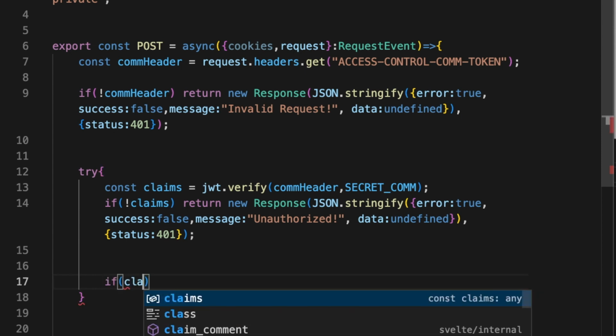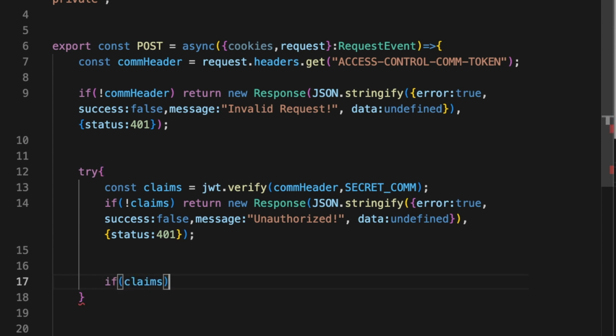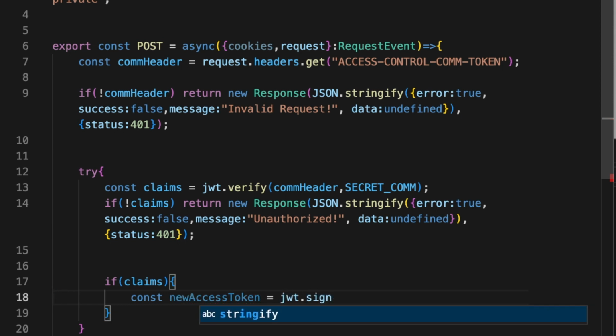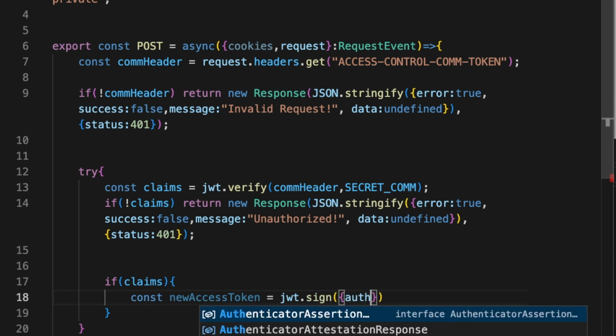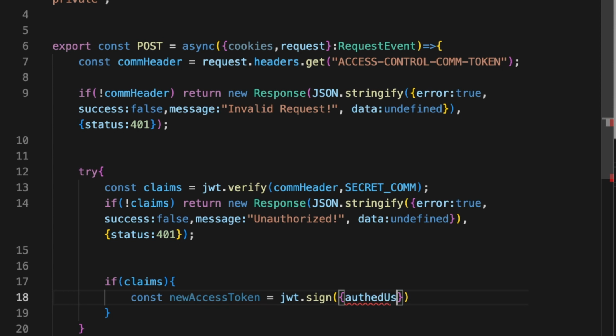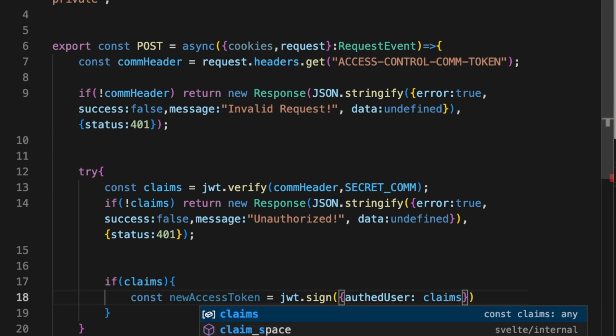Unauthorized if claims is successful. Then what we're going to do is go ahead and set 2 new tokens. Const a new access token, and it's going to be jwt.sign, and what we're going to have in here is an object. We'll call this auth user, and we're going to pull out the claims.auth